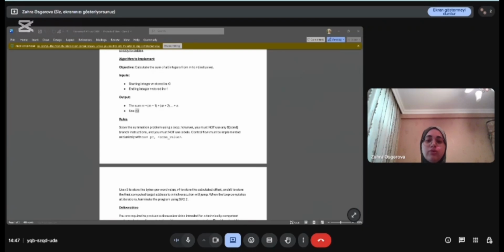So the program must keep adding numbers starting from m, increasing by 1 each time until it reaches n. The inputs are already given in registers, as you see. Register 0 contains the starting value m, register 1 contains the ending value n. The final result, the completed sum, must be stored in R2. So R2 will act as the accumulator register that stores the running total. Normally in RM, as I said,